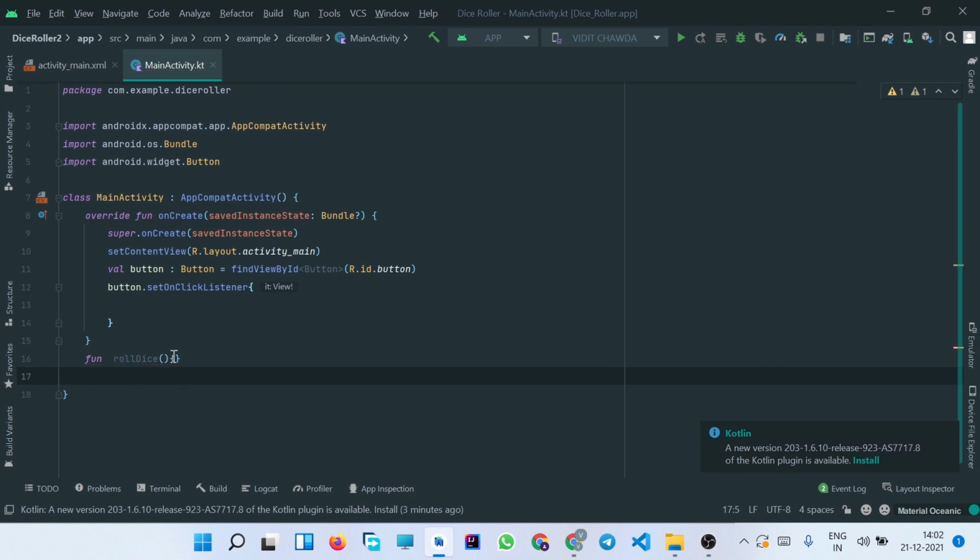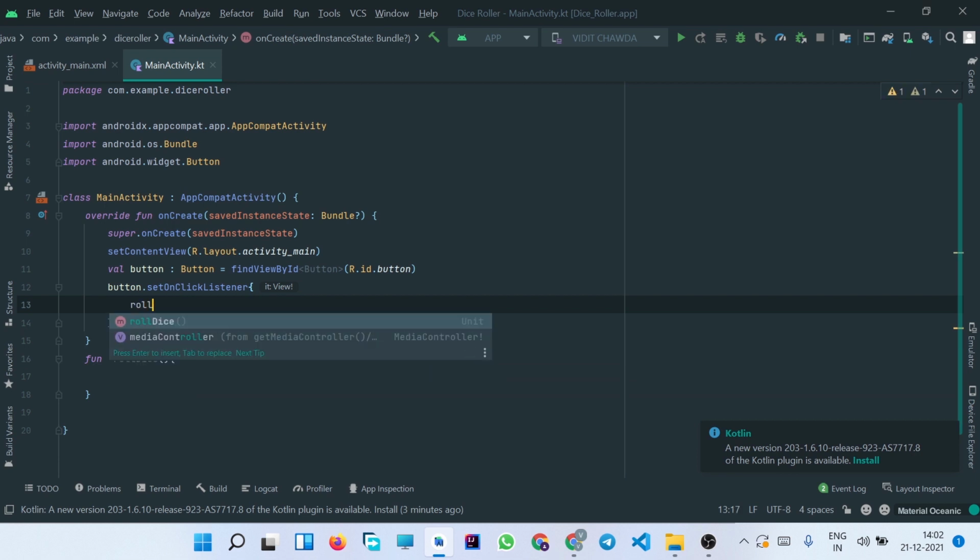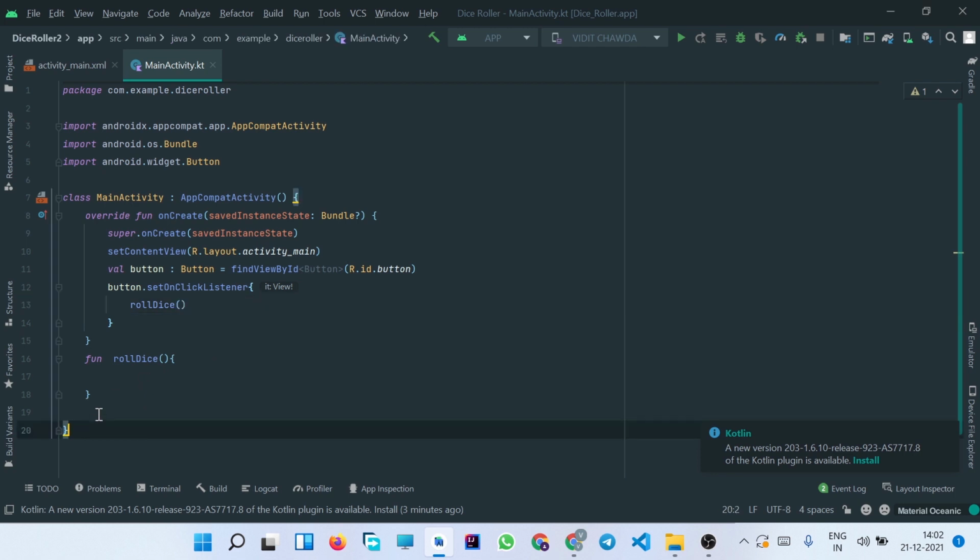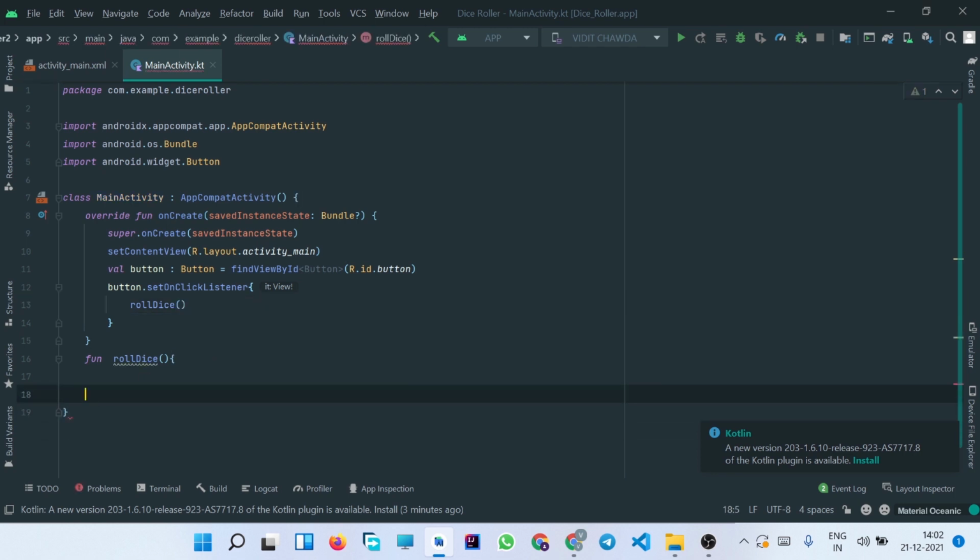We are going to call this function rollDice inside this setOnClickListener, and this function is simply going to have the logic of the action that we are going to perform when the button will be clicked.